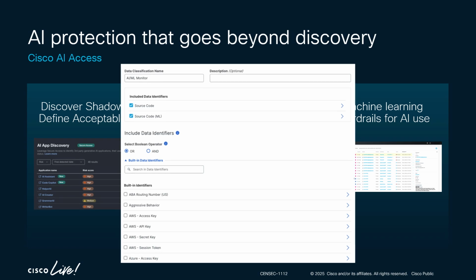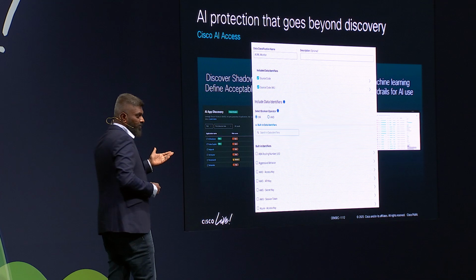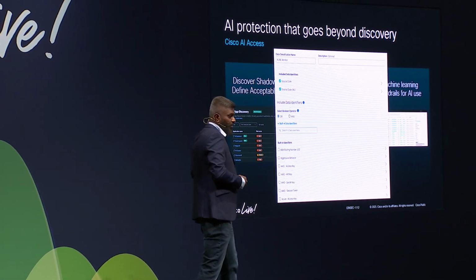The second one is being able to provide some guardrails and say, hey, you want to be able to use ChatGPT, but you should not be able to push things like banking information, HIPAA data, PCI data, things like that. Personal information should not be exposed. We can use some of the out-of-the-box identifiers for all of these things and enforce some of these mechanisms for us. But we're not stopping there.